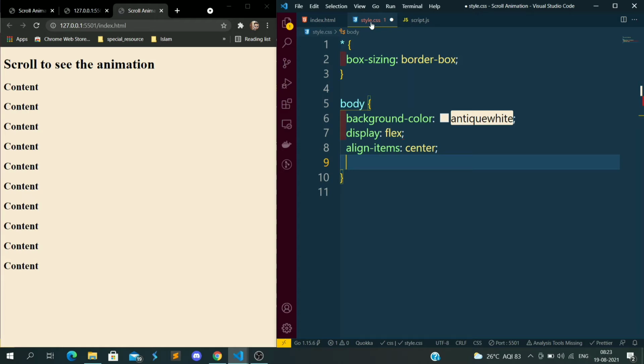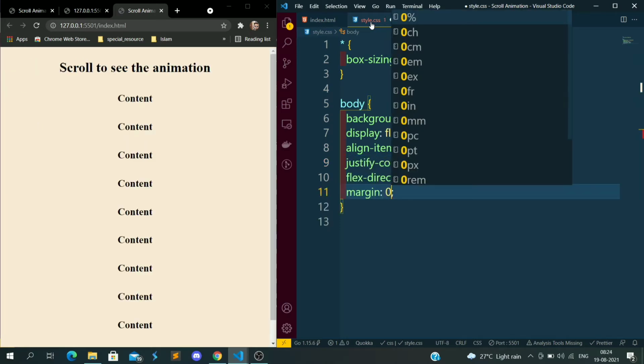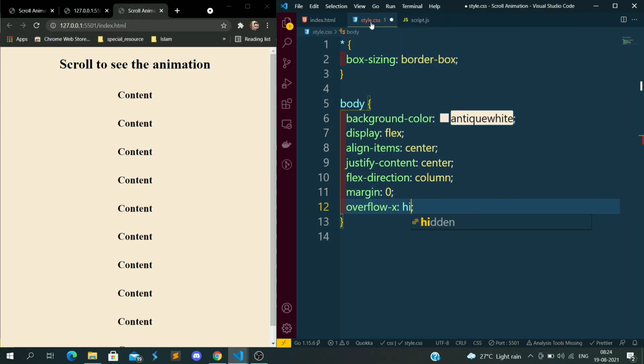Then I will give justify-content center. Then I will give flex-direction, because by default flex is horizontal, I will give column, vertical. Now I will give margin 0. Then I don't want overflow-x, because I don't want to scroll in the X direction, so I just want to hide it.